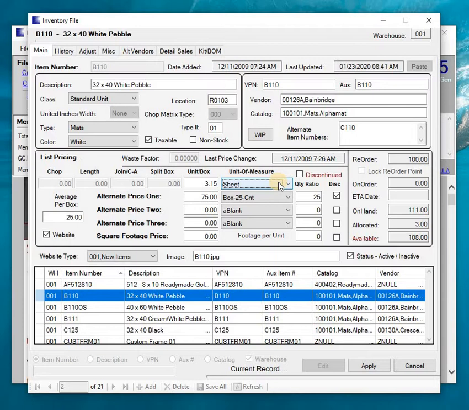Now this particular item, I've got an alternate price set up where they can buy it in a box. So it's $75 for one box of 25, and there's the ratio of the actual quantities, which helps the program keep track of on hand and what is being used and such. So,